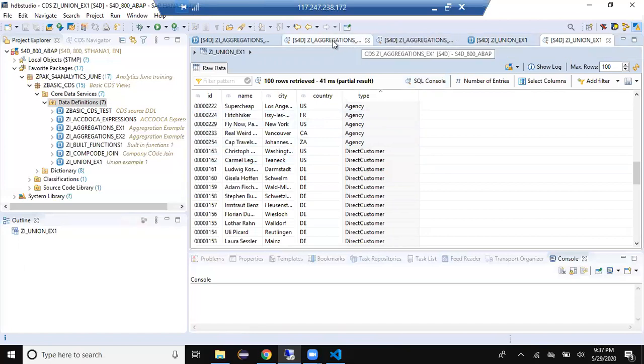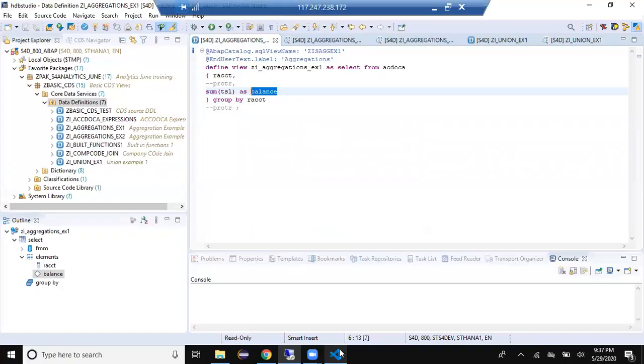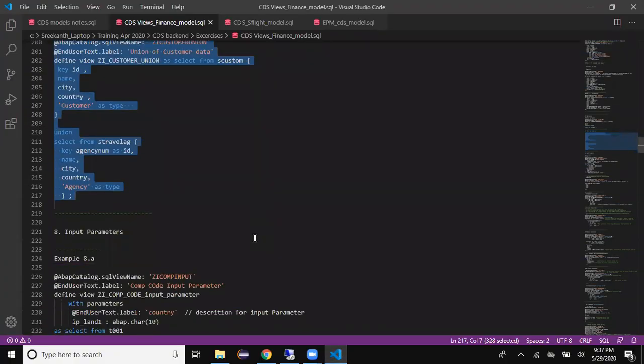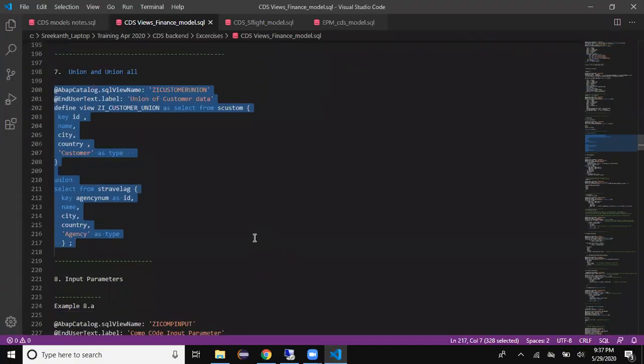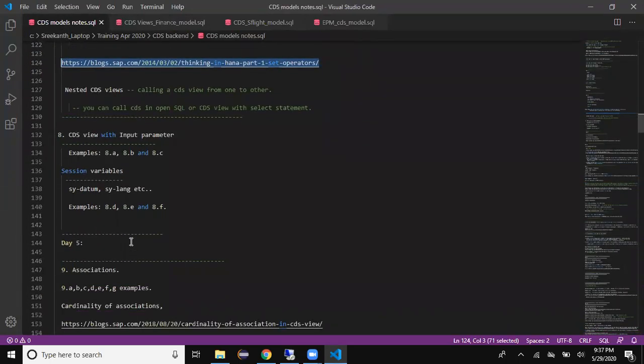Okay, that's about union. As I said, you must spend at least some time in union so that you will be able to understand the different set operations which are described in that particular document for your understanding purposes. Okay, so now the next topic I wanted to talk about is input parameters,